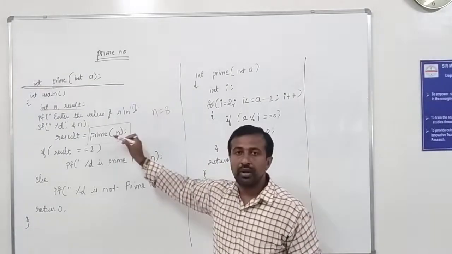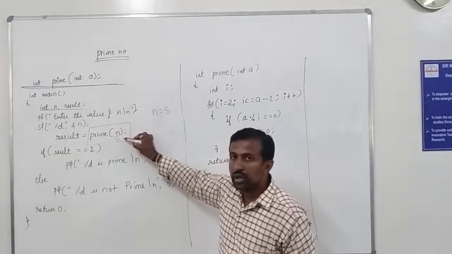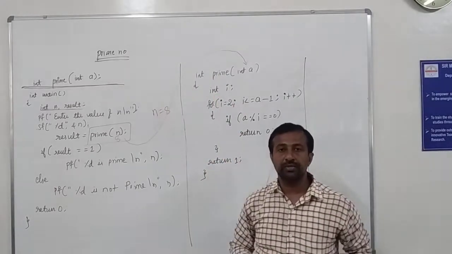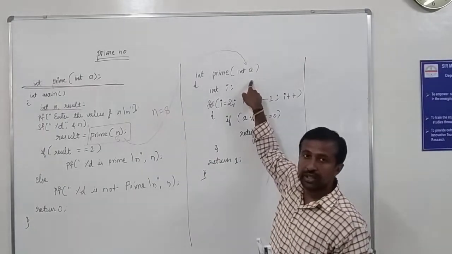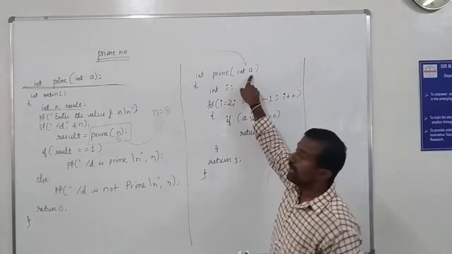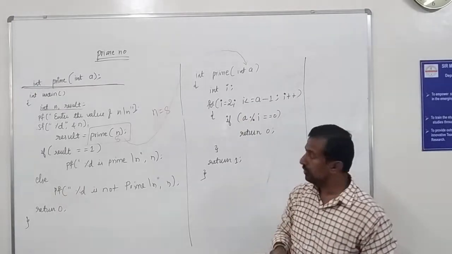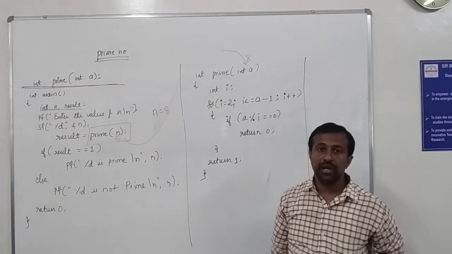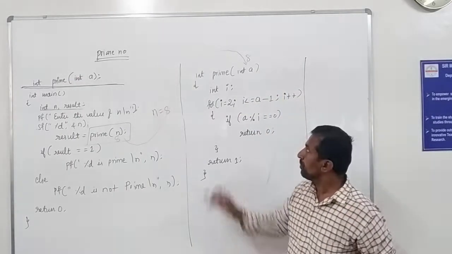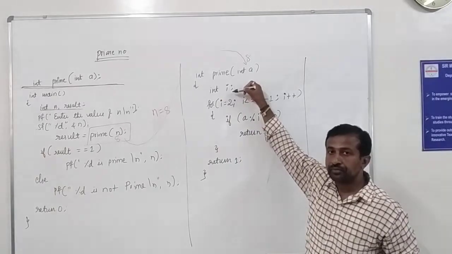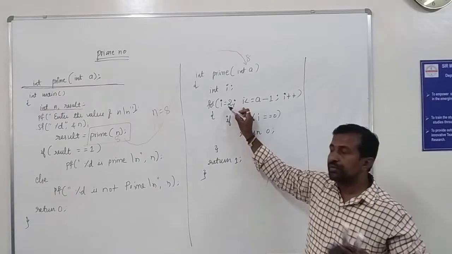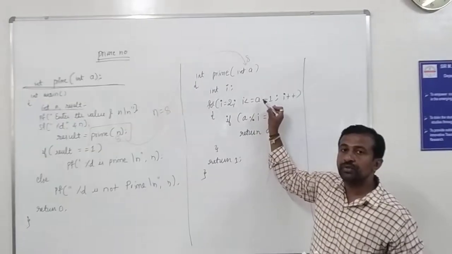What happens once you call the function called prime? The control directly jumps to the subfunction. So when you come to the subfunction, the variable a is there to receive it. So variable a receives the value 8. Then use that variable a in your coding part to check. Declare one local variable i, because you are going to use that i in a for loop. So here the for loop starts with 2 and ends with n minus 1, or a minus 1.